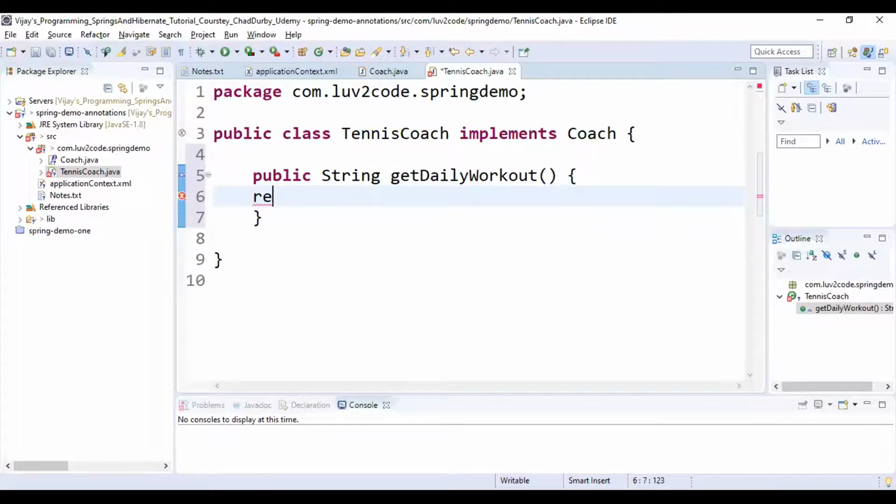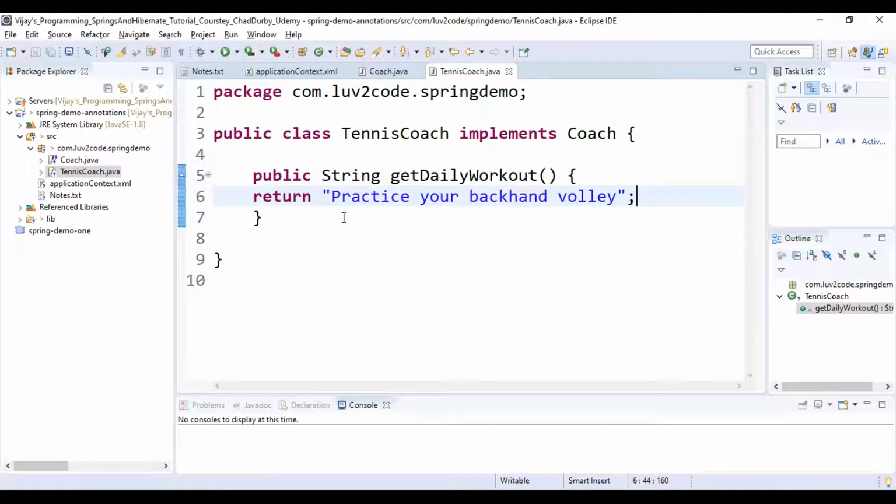So I'm keeping a return statement, return within double quotes some random practice activity, that is practice your backhand volley, ending with a semicolon.